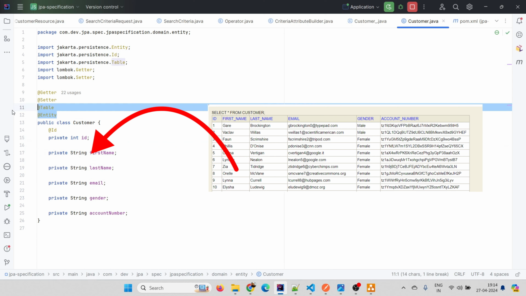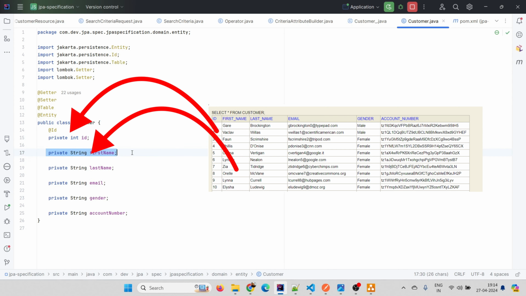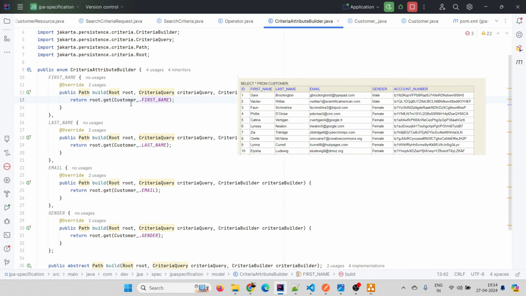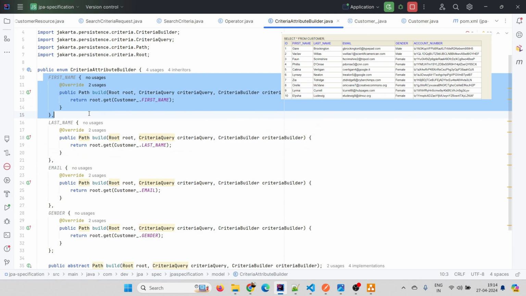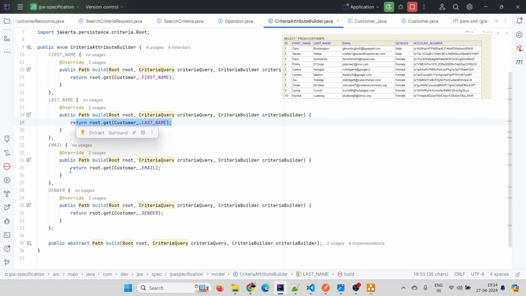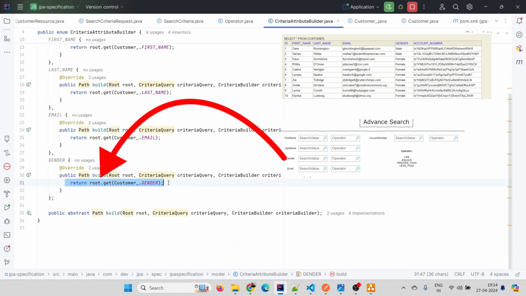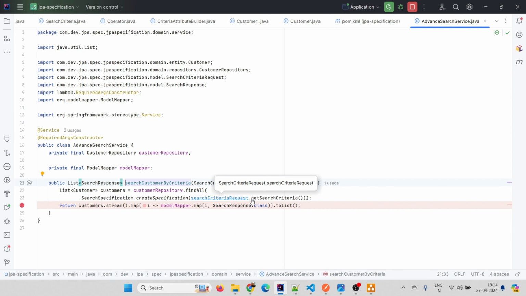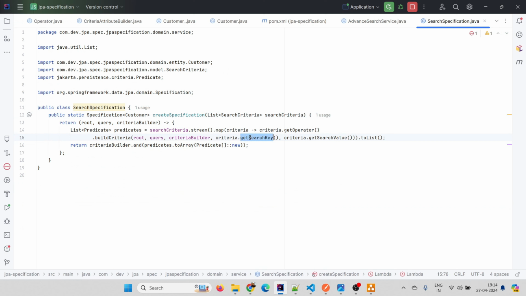So this is the entity class, and this is one of the attributes which we are referring to in this criteria attribute builder with the first name operator, criteria attribute, or you can say search key. This is basically the search key, all the search keys which we have defined in this enum class. Respectively we have defined every other attribute and we are returning it from this class. So once it is returned, search criteria,